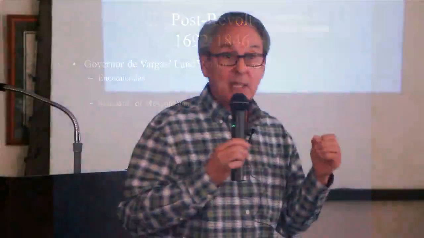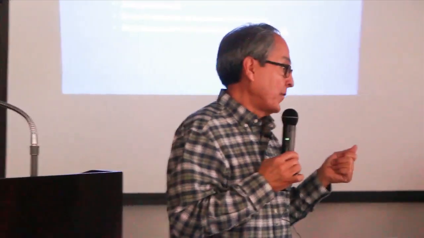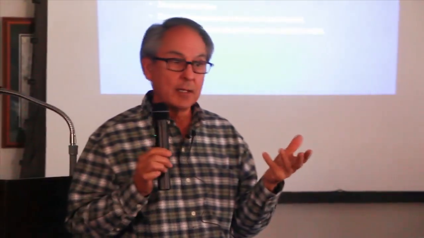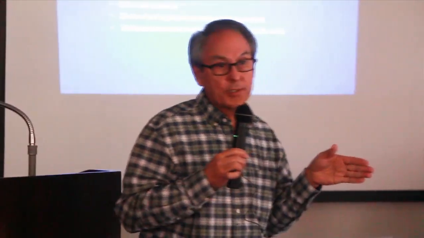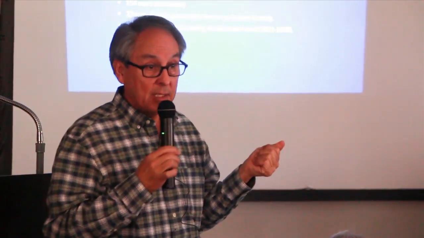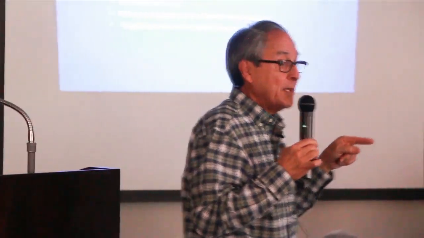Secondly, because he was a Spaniard, he brought back to the New World and to New Mexico standards of measurement. So in your package, you're going to find that a lot of these land grants are measured not in feet, because we're talking about 1692, but in varas. And a vara is about 30 inches long, a little less than a yard. So you will find in some of the research on your ancestors that they were given 100 varas or 200 varas of land, or maybe 500 varas. The other thing that you will find is a league. And you'll find in your packet, and I can't remember right now, I apologize, how many varas there are in a league.